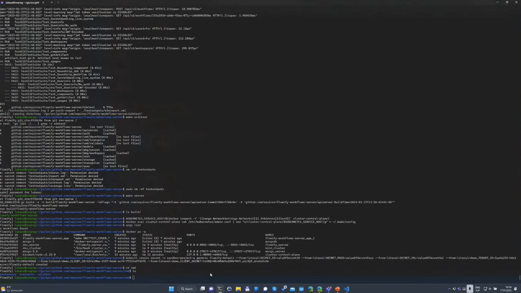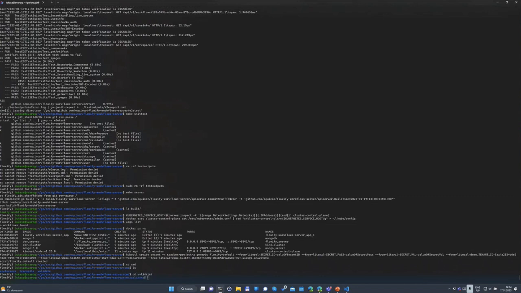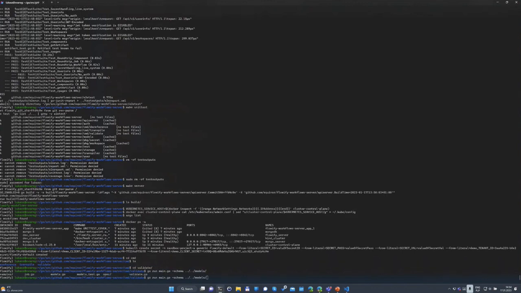So first of all, what we can do is go to validate, and we can check if our created document validates correctly. So we can do go run main.go, and then we need to define a schema, and all schemas are defined in models. What we have here, model spec. And we know that we would like to validate the job. So we need to use job schema.json, and now we can pass the